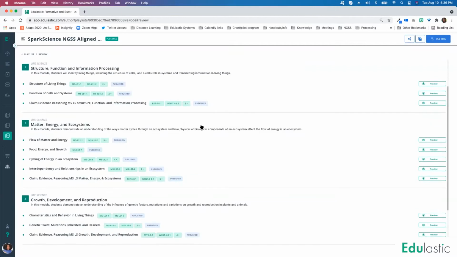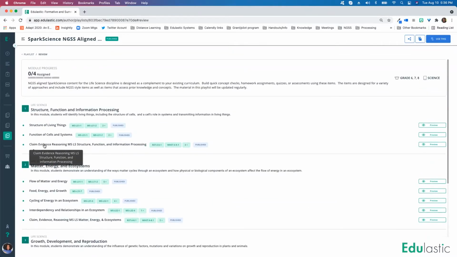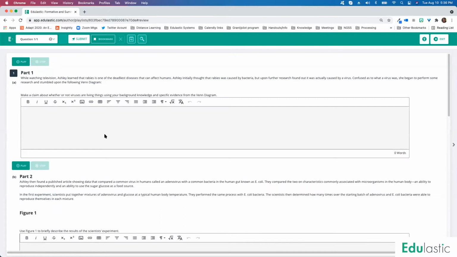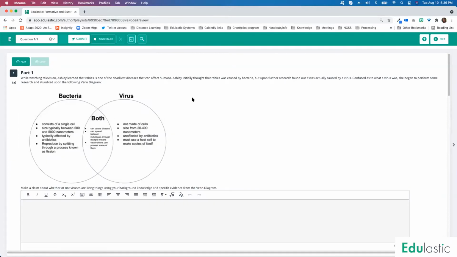And as you notice here, which is one of my favorites in particular, the claim evidence reasoning prompts are included with life science and earth science, and physical science is coming out very soon. With the claim evidence reasoning prompts, it's a great way to help build literacy in the content area. If you preview this, you'll notice that each claim evidence reasoning provides some sort of passage or diagram and sets the stage for